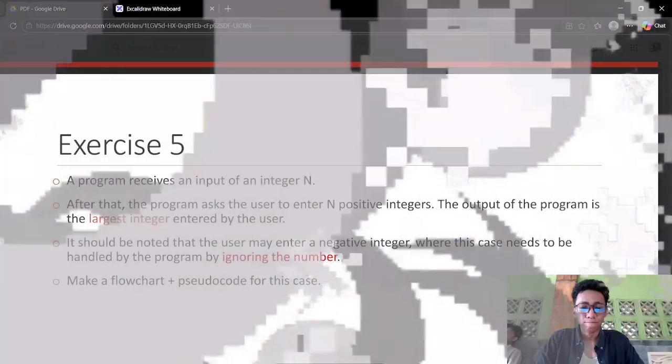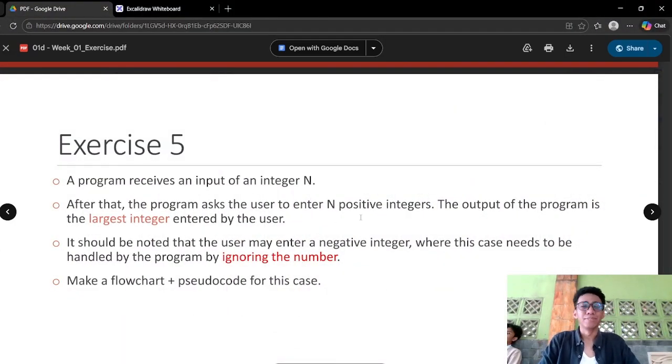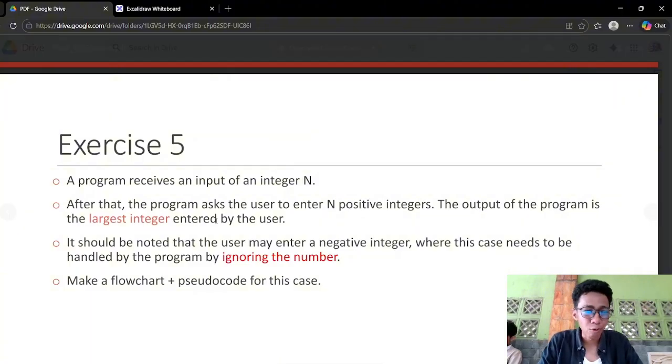So here I will read to you about exercise 5. What is exercise 5 here? First, we need to make a program that receives an input of an integer, and after that, the program asks the user to enter a positive integer. It means we need to